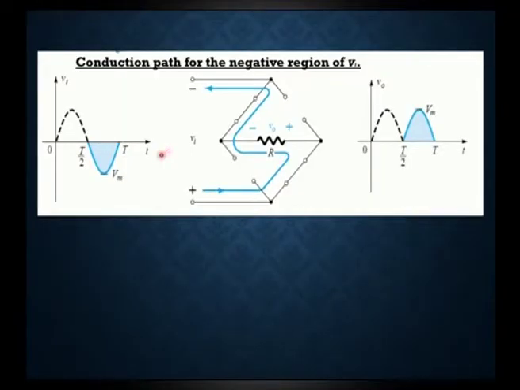So, what happens during the negative half cycle? During the negative half cycle the reverse diodes, that is D4 and D1, will be in forward bias condition. So, the current will be flowing like this. Here also we are getting the output voltage of the same polarity, that is positive polarity output, for both positive and negative, because the current direction across the resistor is the same for positive as well as negative, that is why we are getting positive output for both positive and negative half cycles.